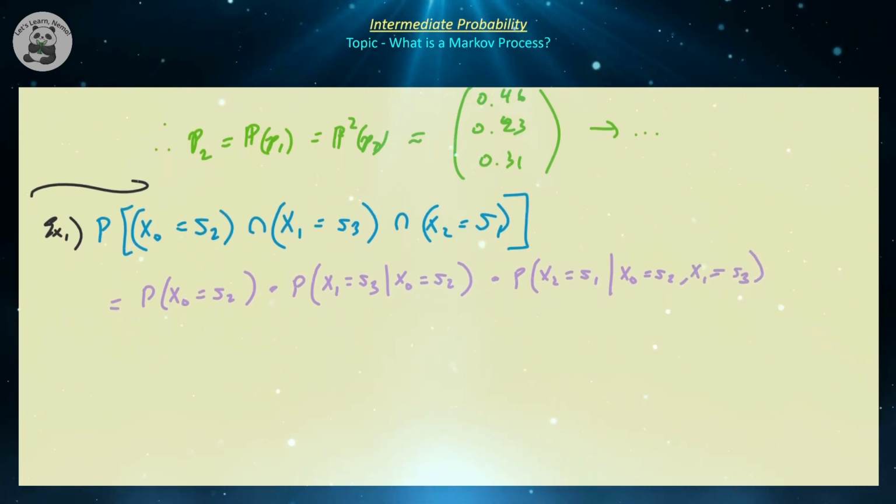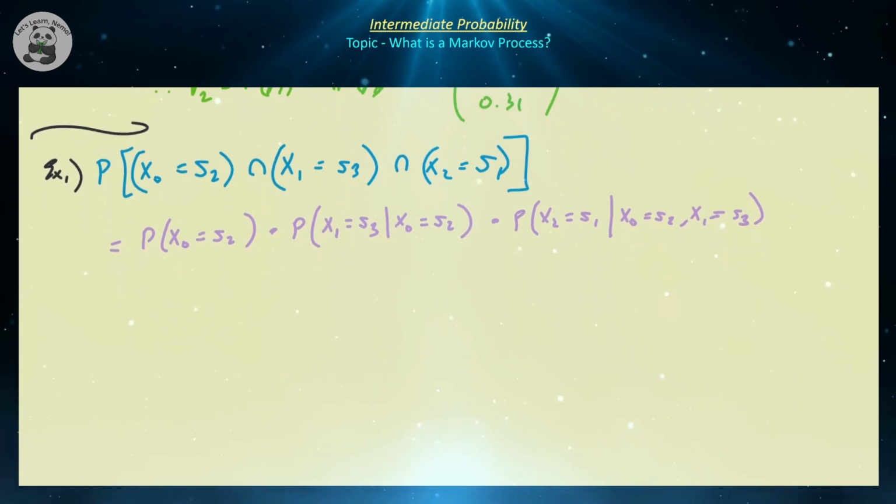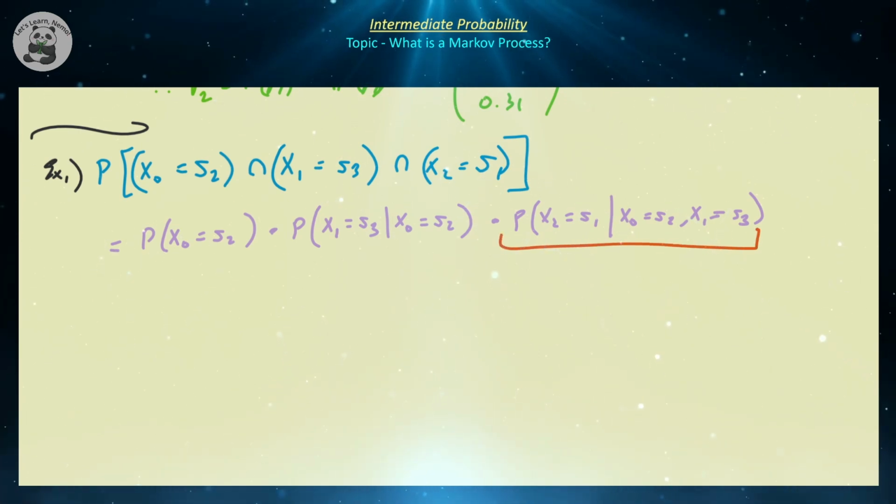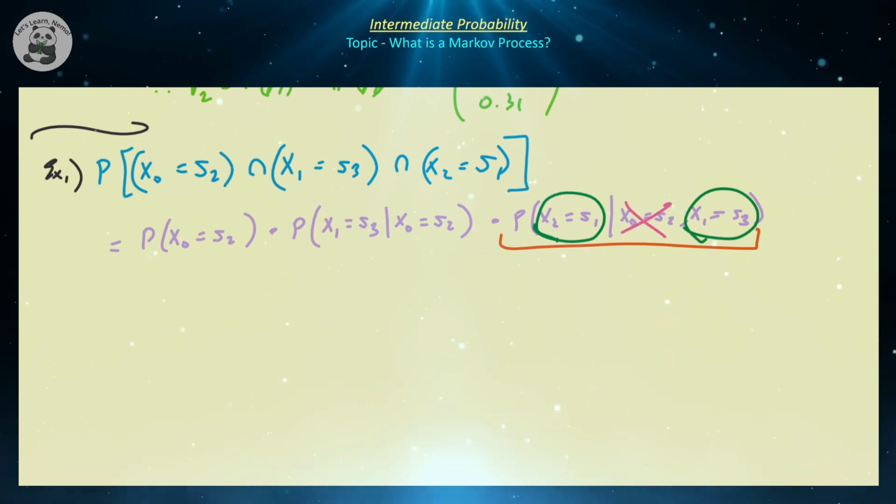Right? So keep in mind, since we're working with a stochastic process that is Markovian, we can actually rewrite this property for the probability of x2 is equal to S1 because the value of tomorrow only depends on the distribution of today, x1, and we actually don't need to include that particular condition.